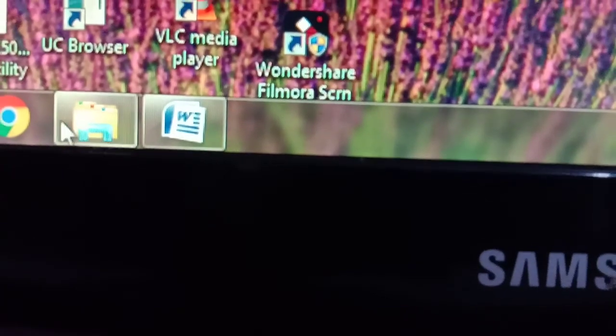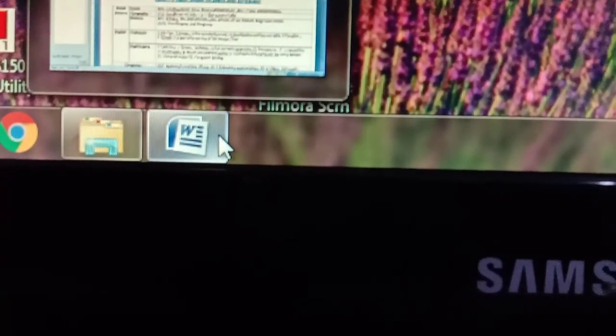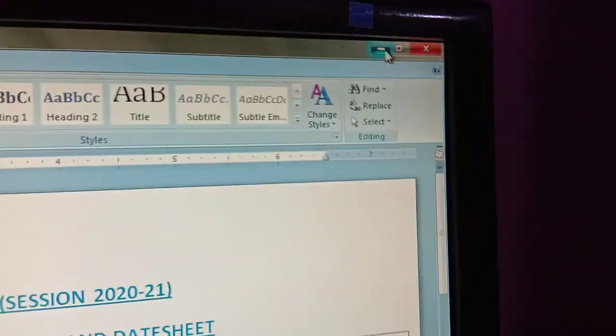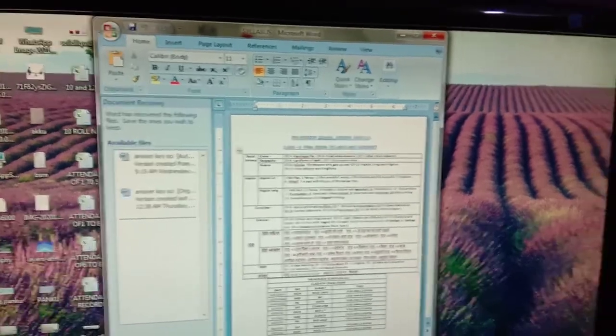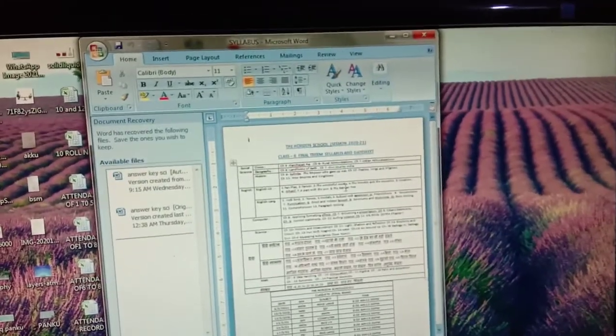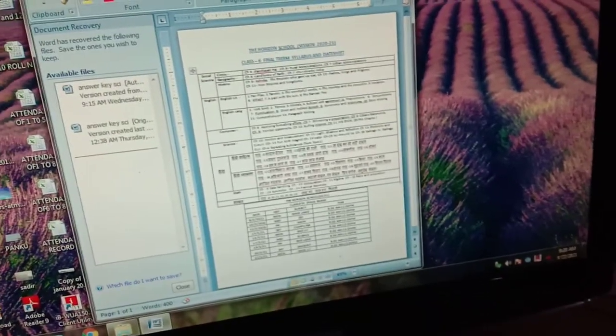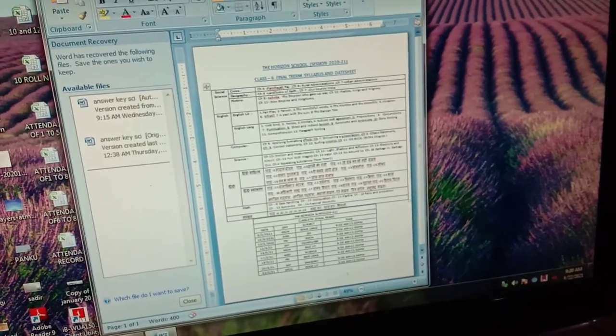If I click on it again, I will left click on it, not right, left. Then it will maximize again. So let me show you the restore button. In restore, that window will be in a medium size, smaller than the desktop size. And if you want to restore it again, this is your restore, this is your maximize now.